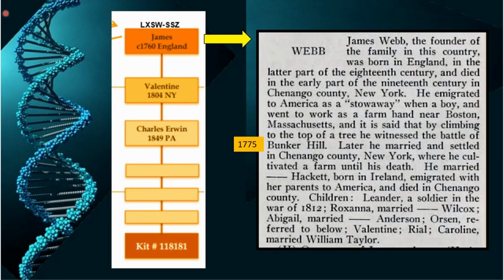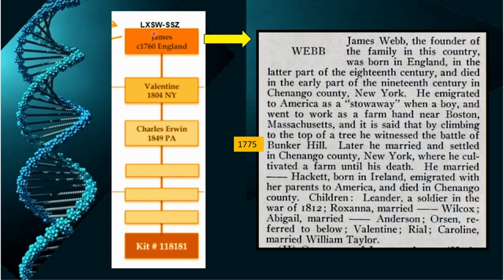I found an interesting bit of information. They were looking at the line of James X here. And Valentine was one of his sons. Valentine had a bunch of kids. One was a Charles Irwin. One of the others was the Auburn Marshall. And so we have DNA from two of the sons of Valentine. But they're not identical. They've had one or two changes over time. And that's what you get out of DNA. But anyway,